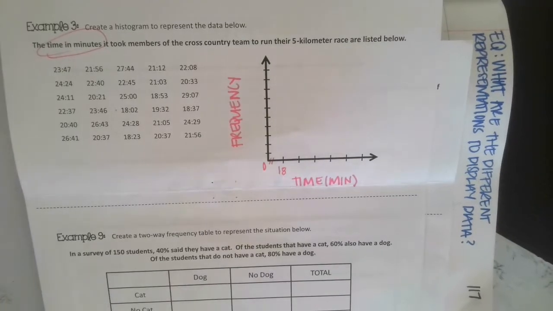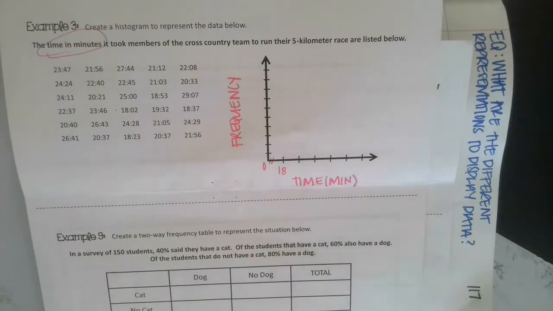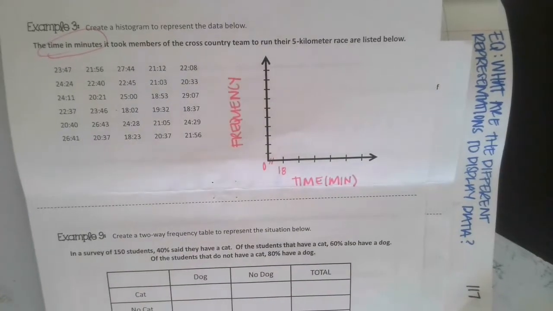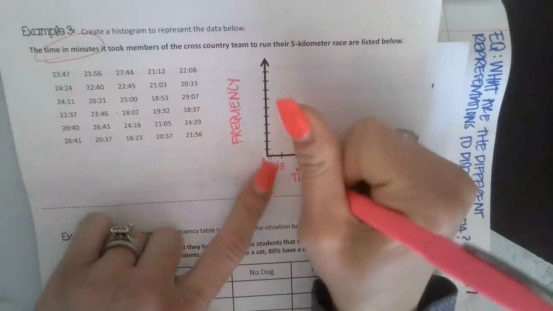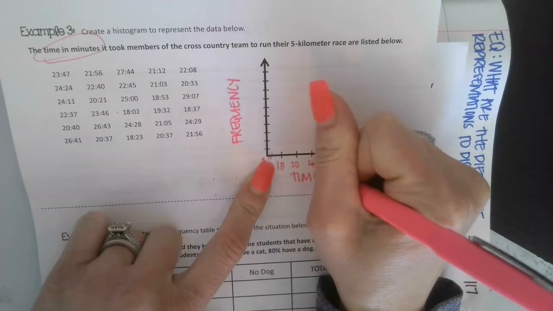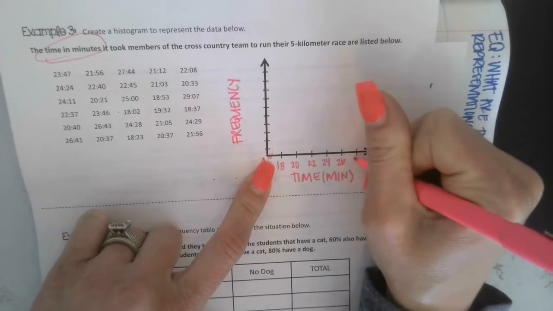So keeping that in mind, when we're trying to create these, we want to try to show the data as it is, not skew it. So I think here I'm going to count by twos. So 18 to 20, 20 to 22, 22 to 24, 24 to 26,